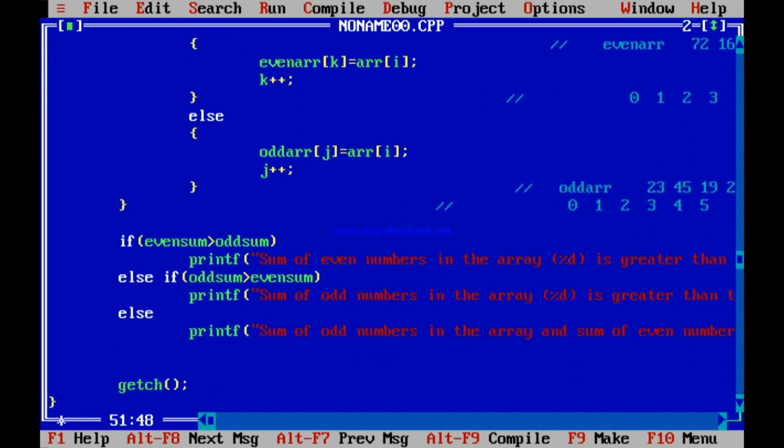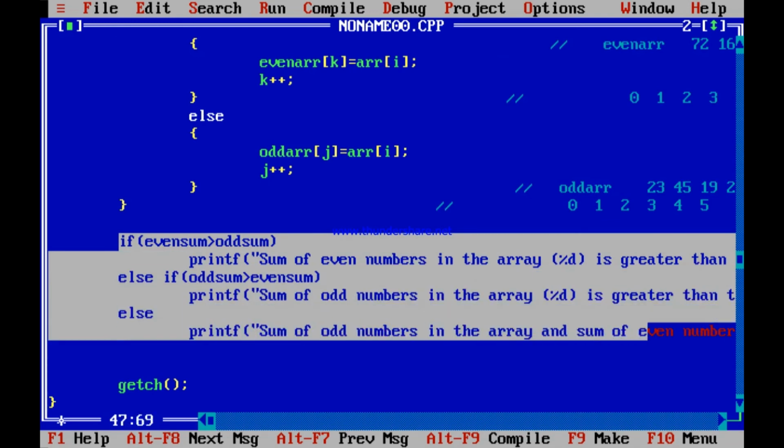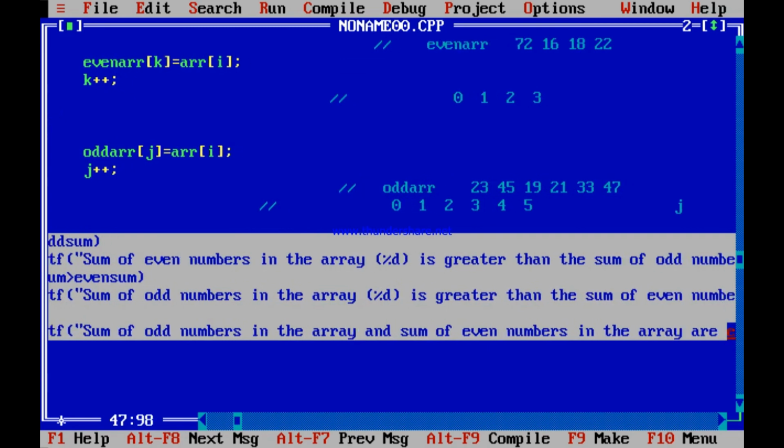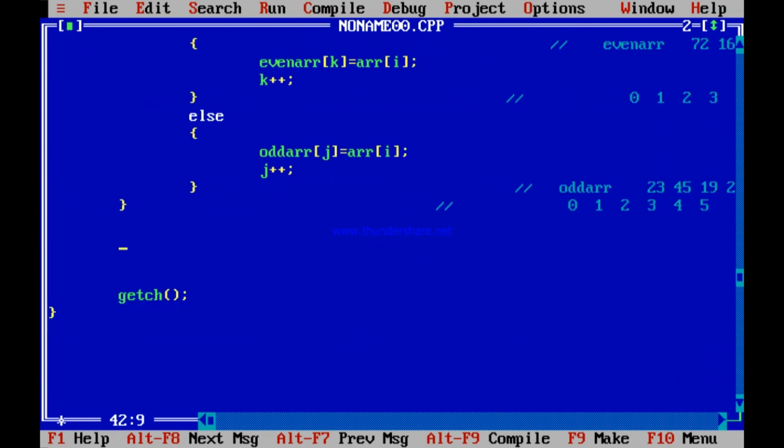So this whole thing is done. Now you want to print. No if is needed. You can do a very simple thing. Now you just need to print. How to do that? How to print it? See, for printing the odd numbers, firstly you print the odd numbers in the array.